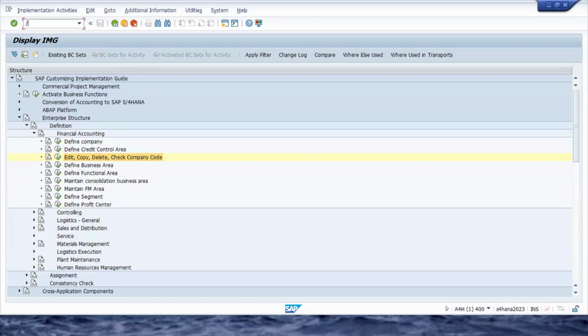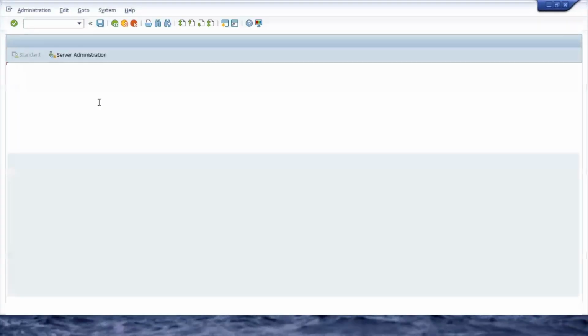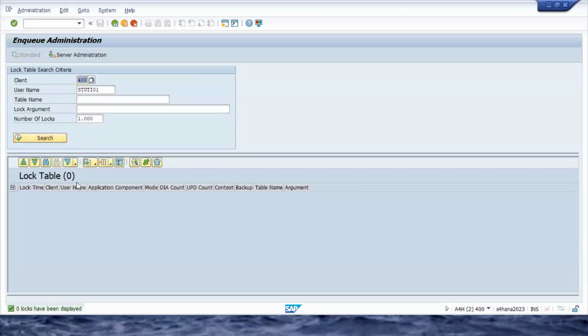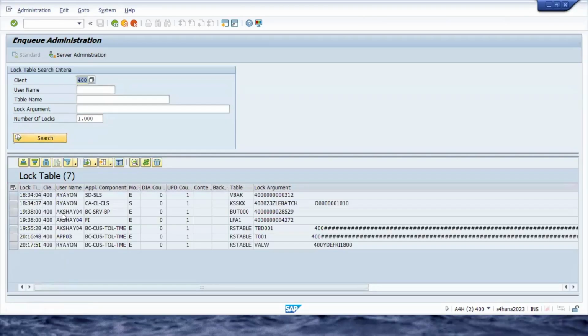So in that case, what we can do is we can go to a transaction code called SM12. Have you ever used this? I have heard of this. It's basically kicking someone out of that place. Yes. So what we'll do is we'll select search. Now we don't have any sessions here available. Why? Because it is based on this user ID. So what we'll do is we'll click search, and we get the list of users who are accessing